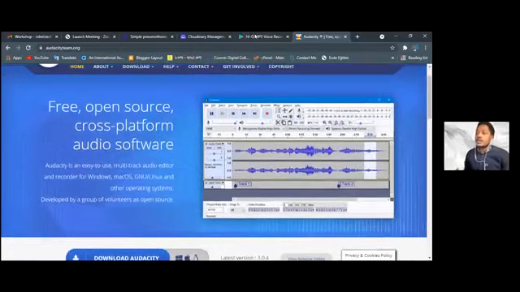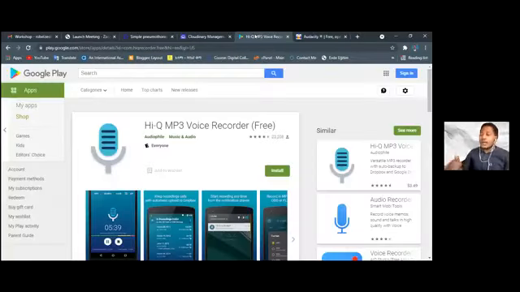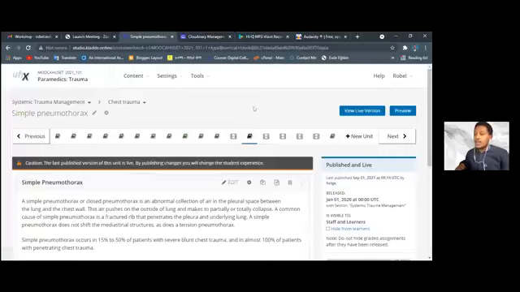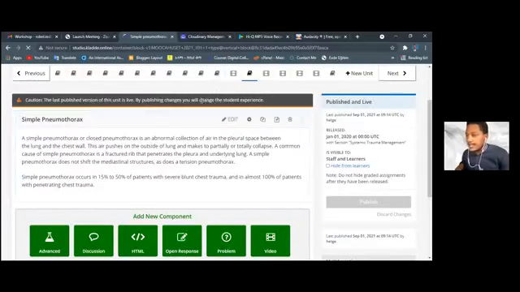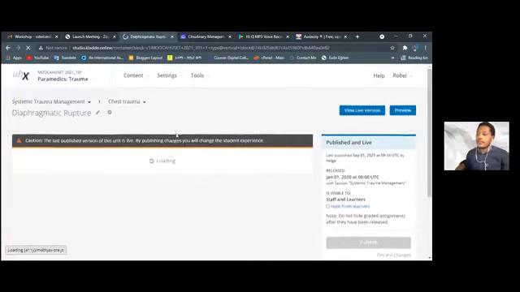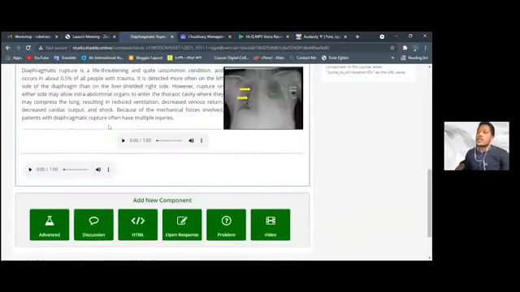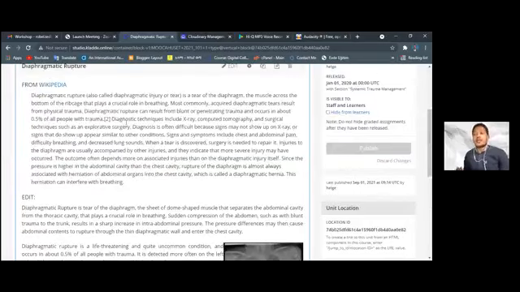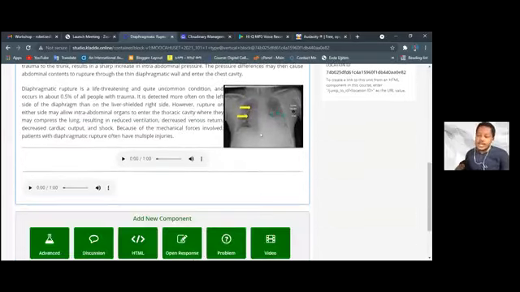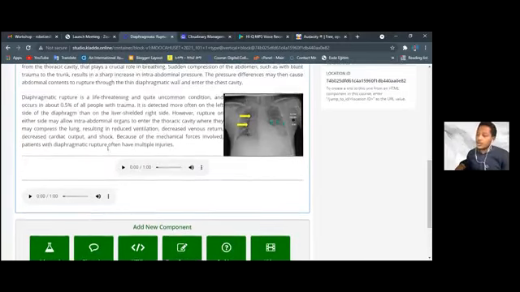These are free software that are best at what they do, directly recording MP3 audios, and we embed them into our course materials like this, so that students could read some of the topics, visualize the image, and get additional audio inputs on that image from our instructors.